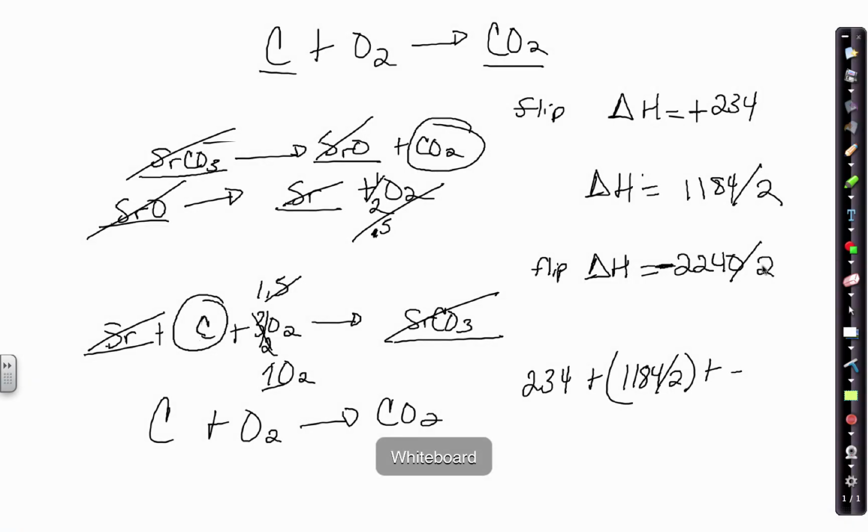Okay. This is not 2,240. This is actually negative 2440. All right, so 2440 divided by 2. So you take all of these, combine them together, and you should get negative